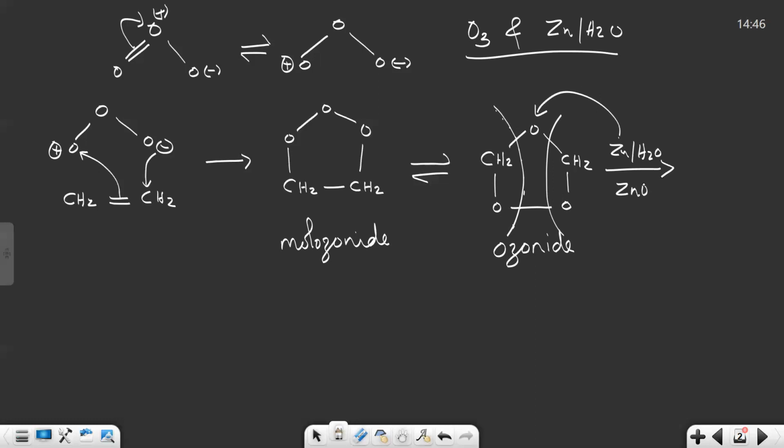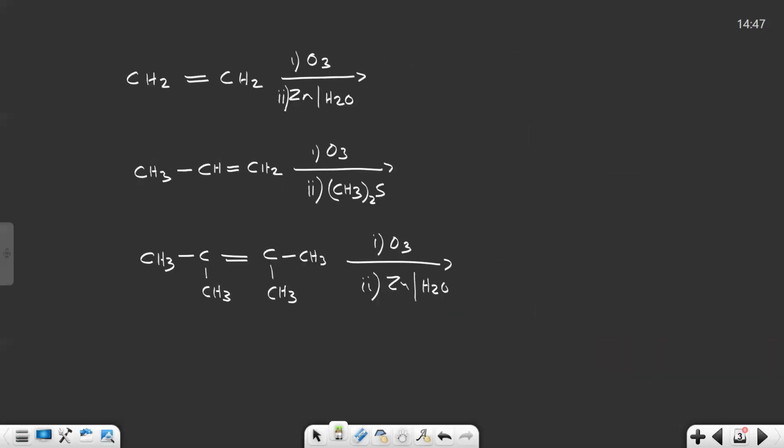And the resulting compound, see this oxygen carbon oxygen bond, this bond will become a double bond. Consider the left side carbon, now there is a double bond with this oxygen and there are two hydrogens. So what we are getting now is HCHO. Then move to the right side carbon atom, there is a carbon oxygen single bond. Now that single bond is changed to a double bond, and there are two hydrogens. So we get two molecules of HCHO. There is an easy method to get the ozonolysis product from this alkene.